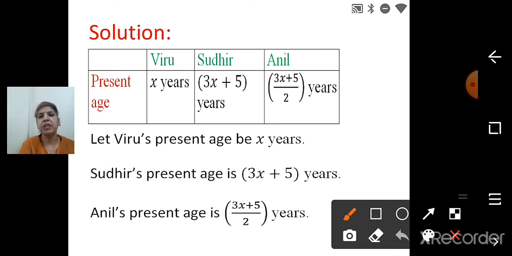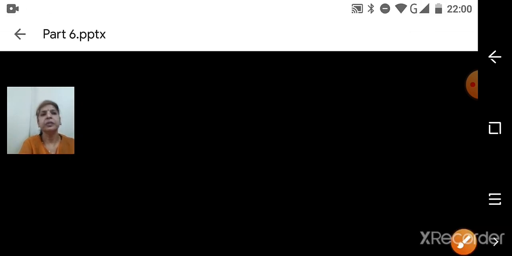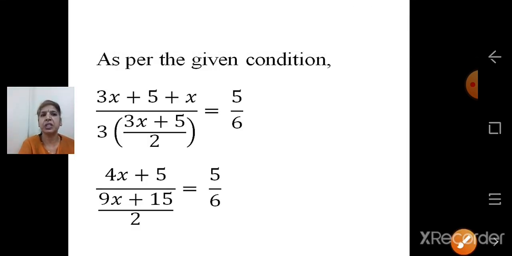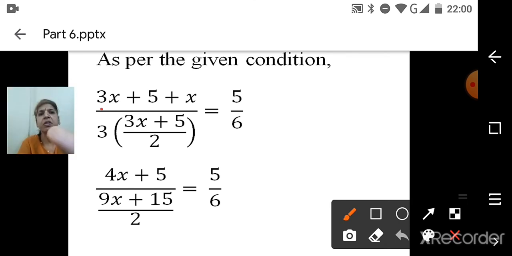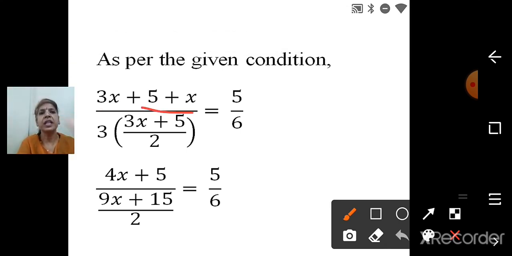When you write the information in tabular form, it will become easy for you. So let Viru's present age be x years. Now Sudhi's present age is 3x plus 5 years, and Anil's present age is (3x plus 5) upon 2 years. Then, as per the given condition, the sum of Sudhi's and Viru's age: Sudhi's age we know is 3x plus 5, and Viru's age is plus x,